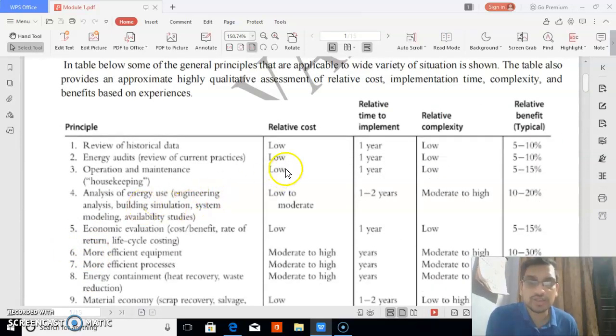In the second column, you can see the cost related to each energy management program. In the first case, the first type is review of historical data. The cost related to the corresponding energy management program is very low. Coming to the fourth one, analysis of energy use, the cost related to this program is low to moderate.